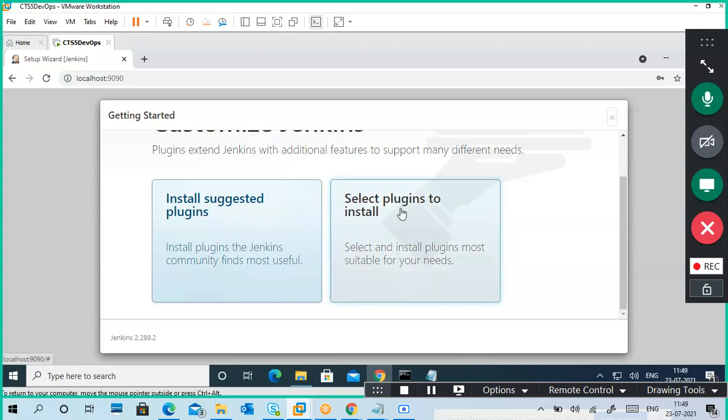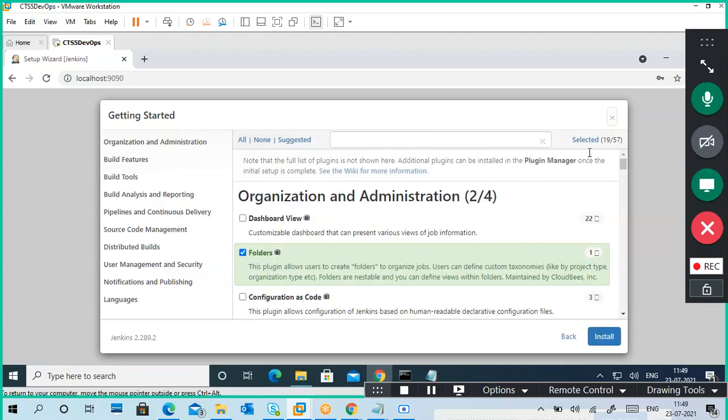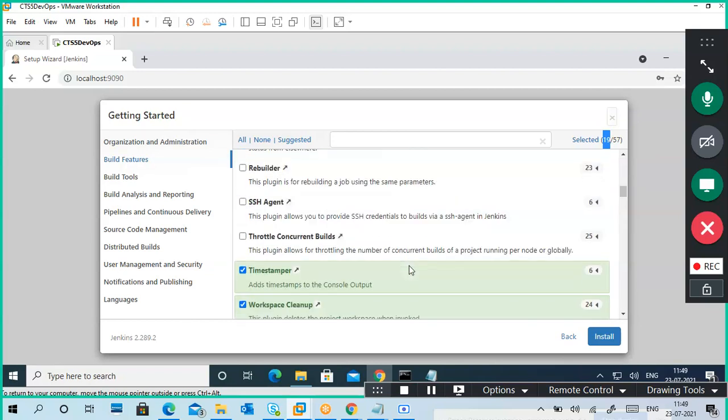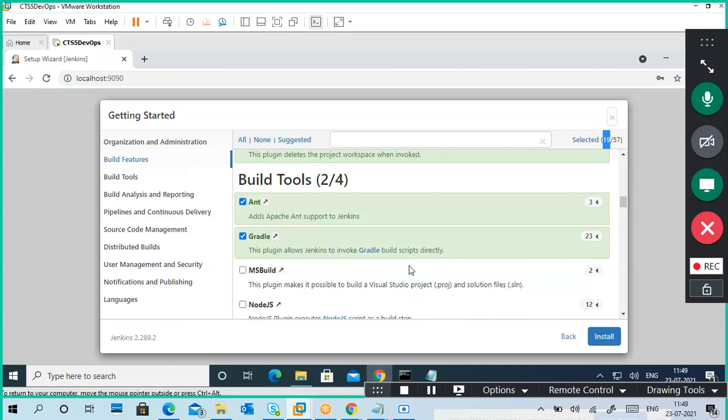I selected the second one. You can select the first one also, no problem. It is showing almost 19 suggested plugins already selected. But a few things are important for me: the Dashboard is important, Git is important, Maven is important.